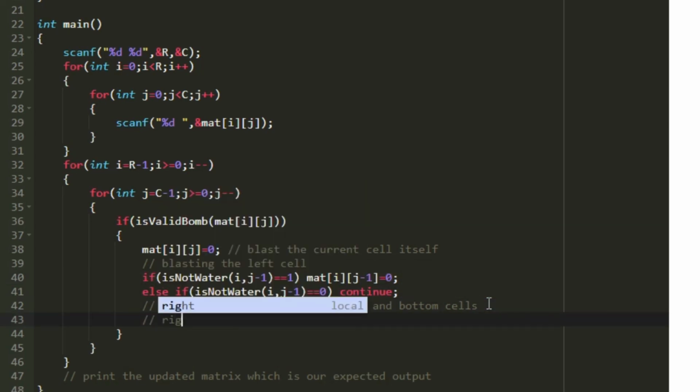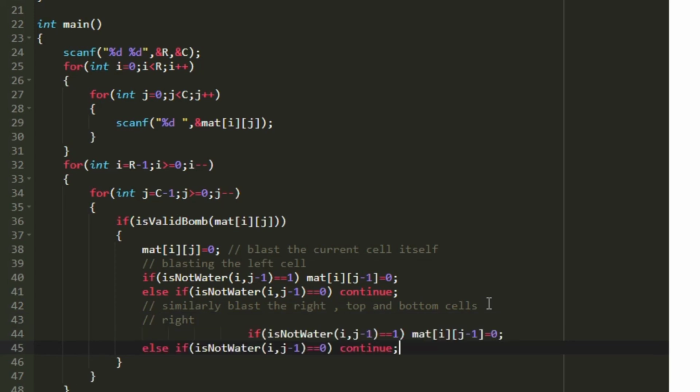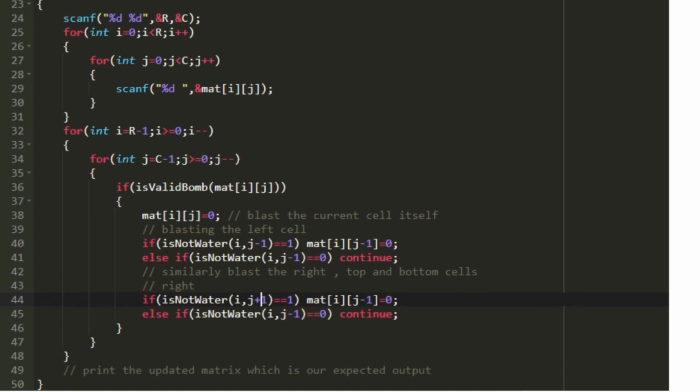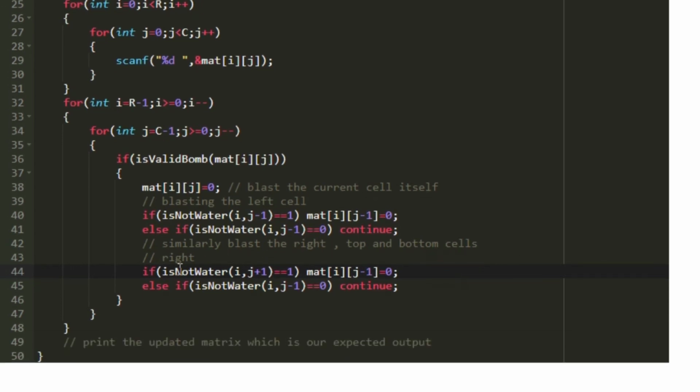Similarly, we have to implement the logic for the right, top and bottom in order. So now let us see how we will be implementing the logic for the right cell. The right cell will be present in the same row but next column. So the i value will be the same, but instead of j minus 1, we will be using j plus 1. First we will be checking whether it returns 1 or not.